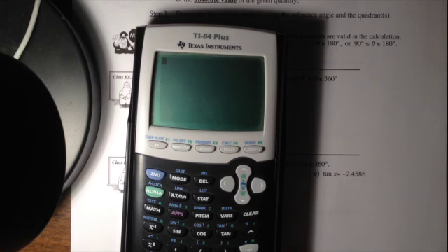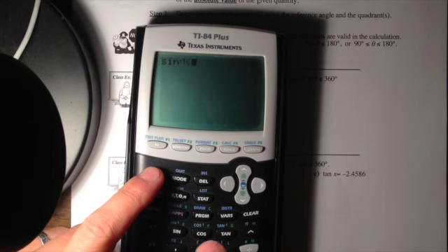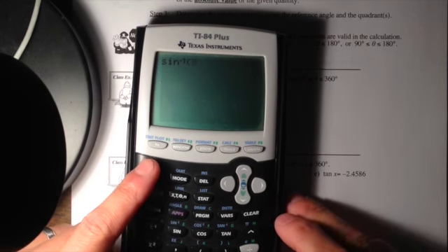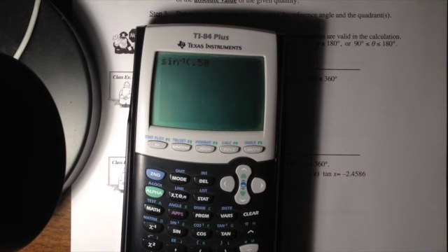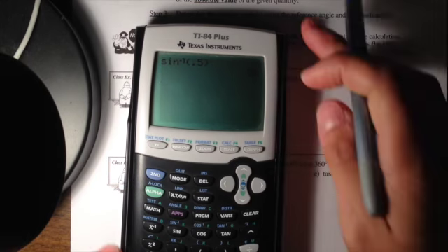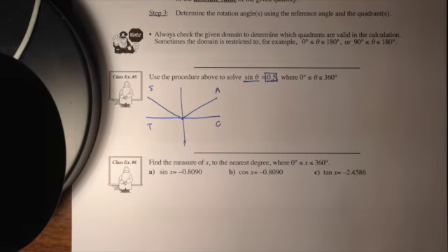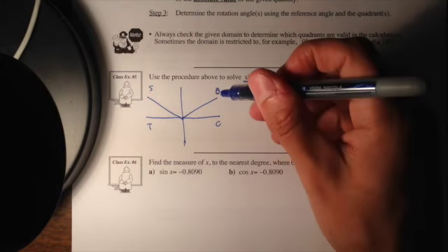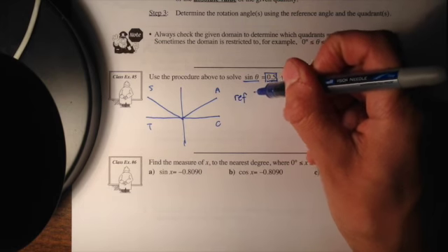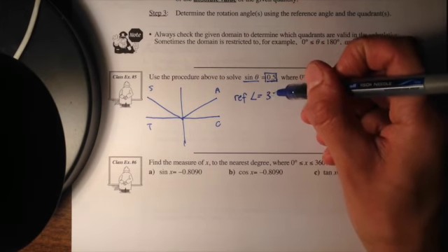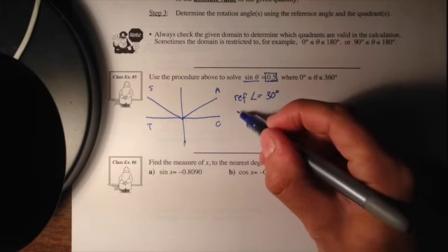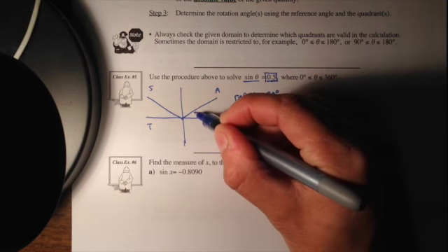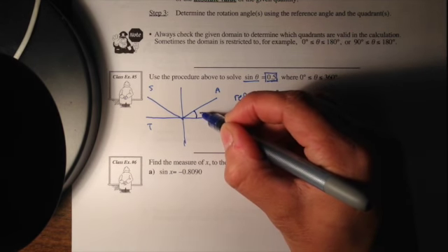So in my calculator, I'm going to type second function, sine, or inverse sine, and I'm going to type in 0.5. And I'm given a reference angle of 30. My reference angle is equal to 30 degrees, which means that I have 30 degrees here,